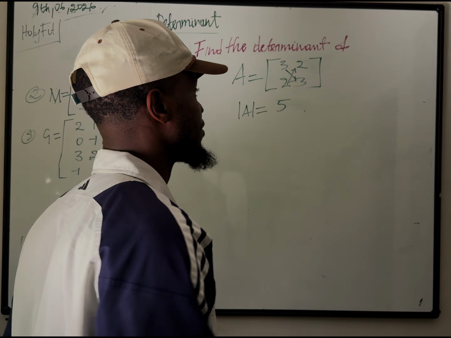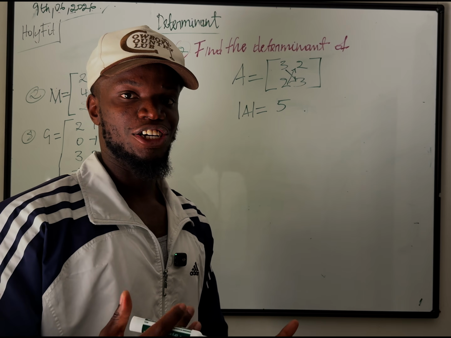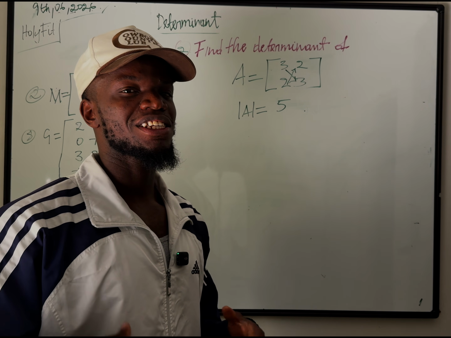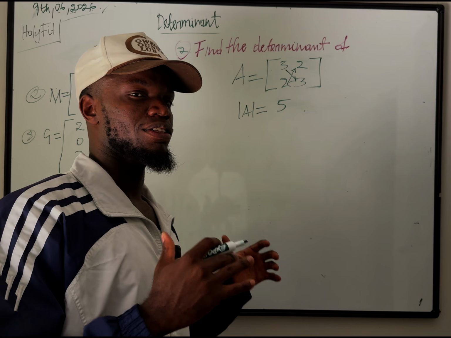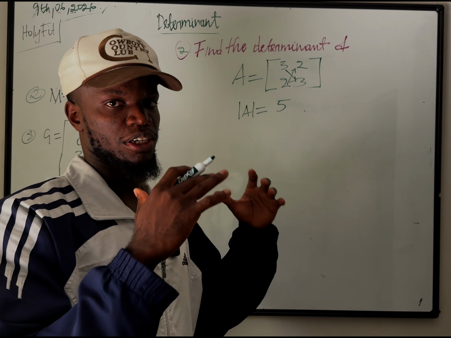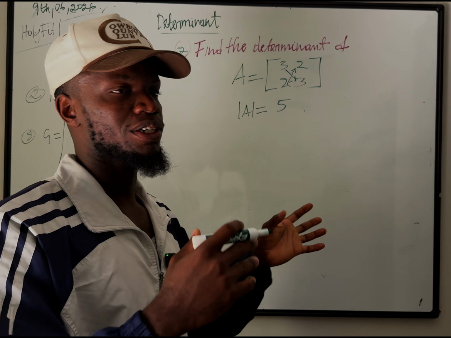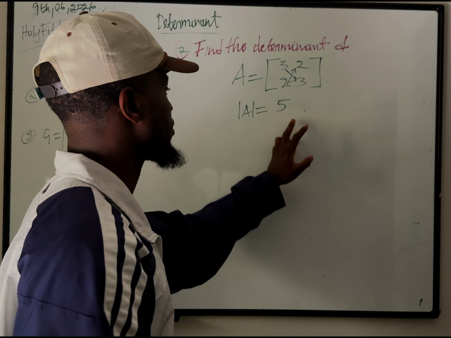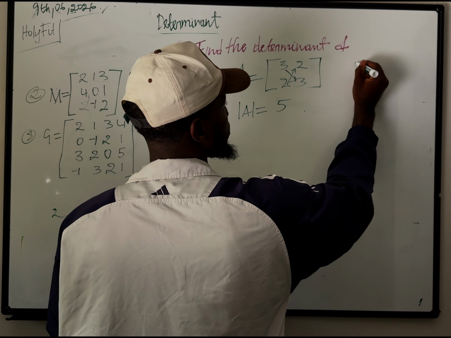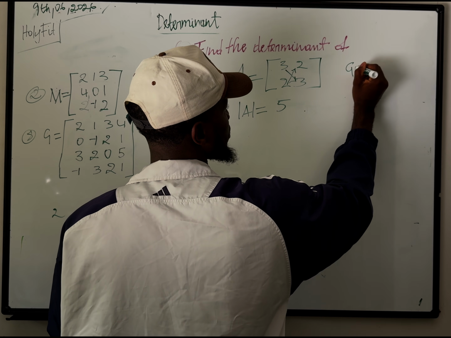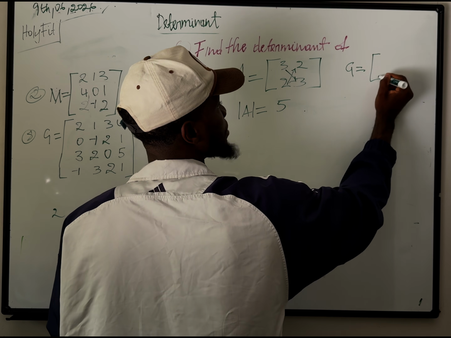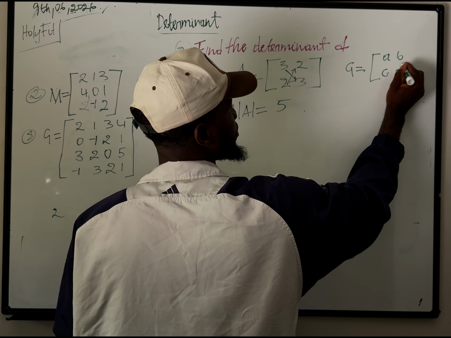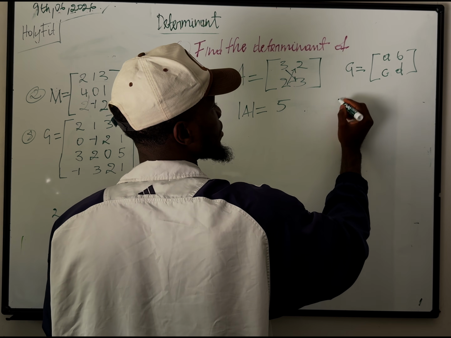That's just mentally. But there is a formula in algebra that you can use. And as you are trying to understand and solve from a 2 by 2 to a 3 by 3 and going forward, it will be worth knowing the formula if you don't want to just do it mentally. So the formula will be: we're going to consider G as a 2 by 2 matrix holding A, B, C, and D elements. So its